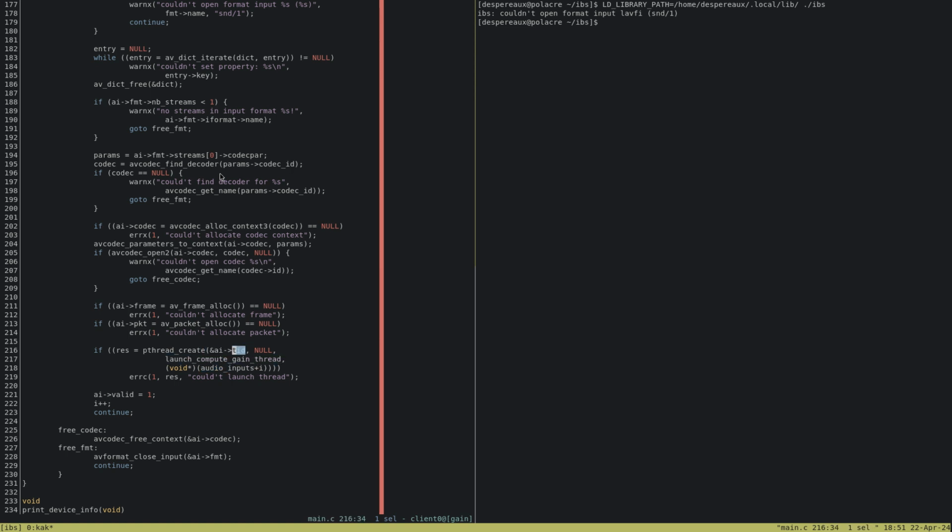Right, so that's a good point. We can maybe have a thread that manages all of the input, and that's possibly far more sensible. So the thread that computes the gain, it maybe makes sense for that to also process packets. So maybe instead of compute gain thread, it should be process audio thread. And as part of processing audio, we compute gain. I'm not sure how fast we need to process audio at